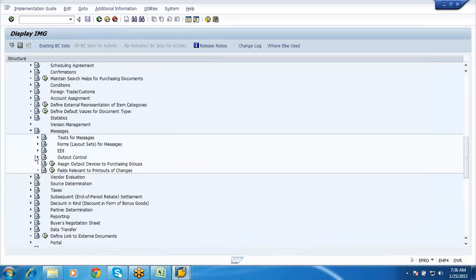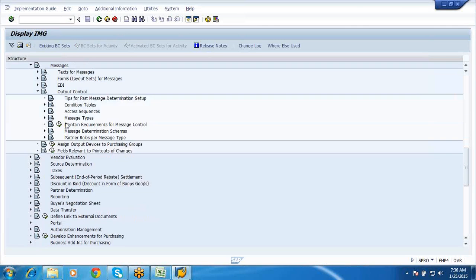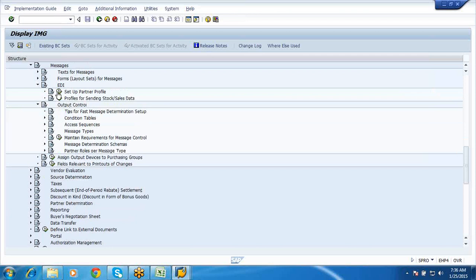Okay, see here, if I go to output control, you have got EDI here also, right? Yes, here also you have EDI. Here also you have EDI, but for your EDI to trigger, you need to make changes in your smart form. I'll tell you, that is in your PO printout, the one which we see, the PO printouts. There in the smart form we need to make changes in the program. I'll tell you, hold on.